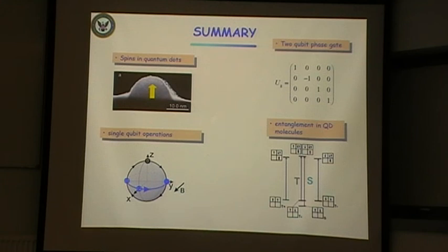So the longish answer to that is that's all part of one Hilbert space. The way of getting it all